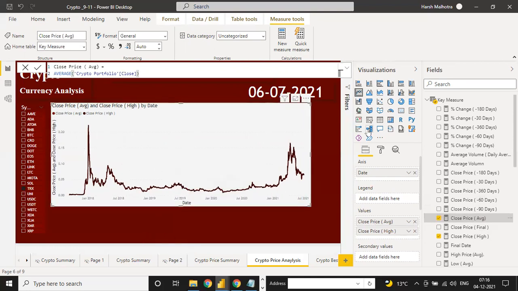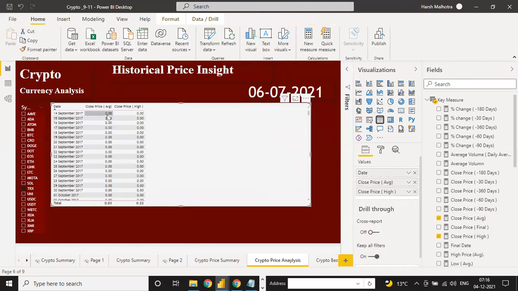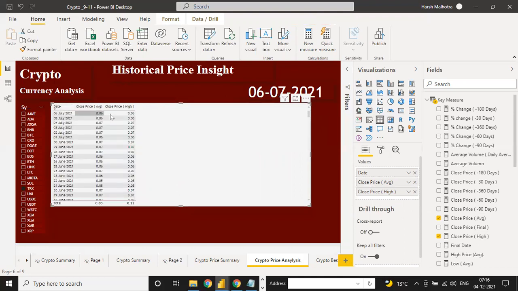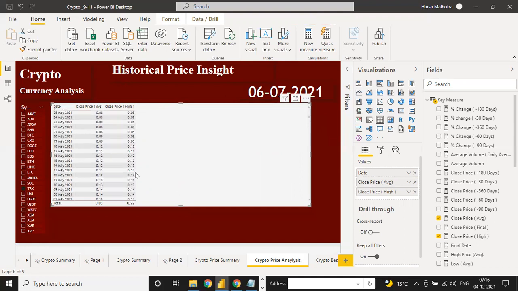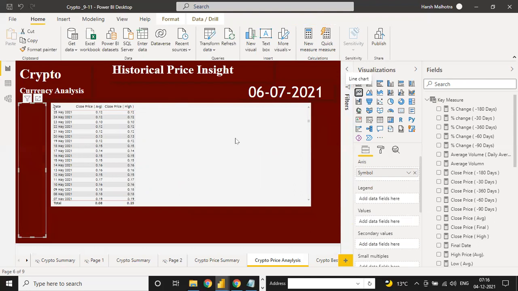If I click on this table, close price average and close price high, average and high should be the same, but sometimes it changes if I click on another currency. Okay, let me check here again.